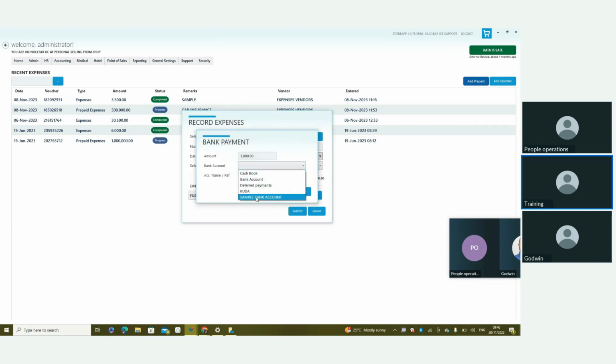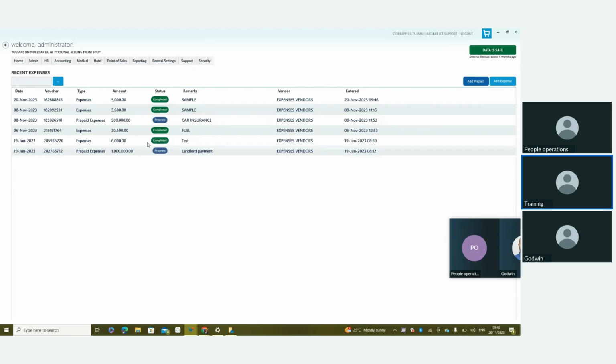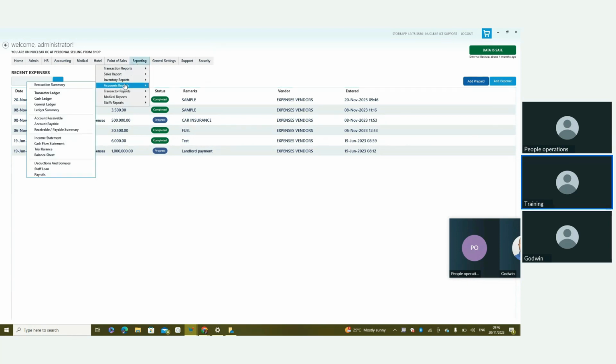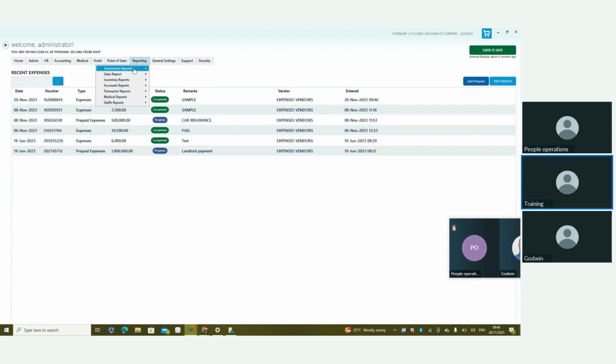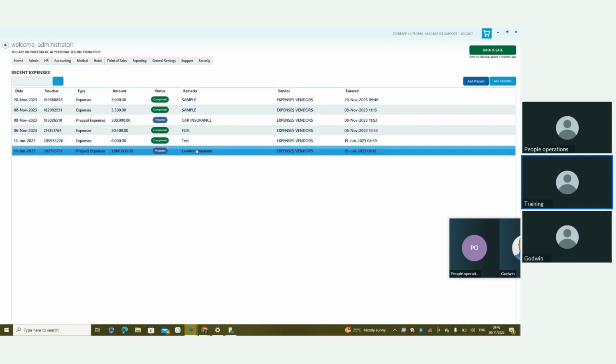So I'll be required to select the account if I'm not using cash. Okay, so the expenses will now be recorded under this recent expenses. And at the same time, you can come to reporting, transaction report, and then see either the expense summary or expense details. Note that this expense that you've made from this particular point, from this location, these expenses will have no effect